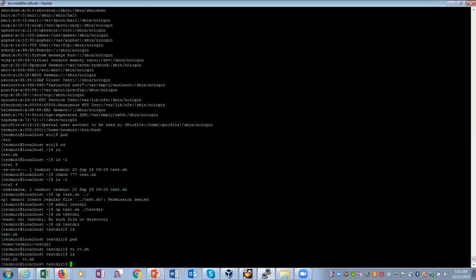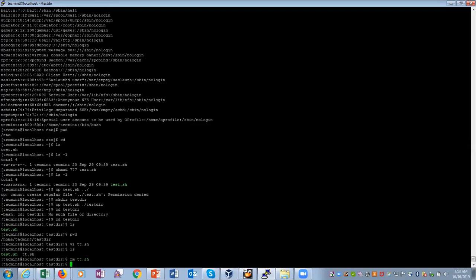Now suppose I want to remove tt.sh, so the rm command will be used to remove. There is also the command rm -rf, which is a very powerful command which will forcefully delete directories and everything contained within that directory.